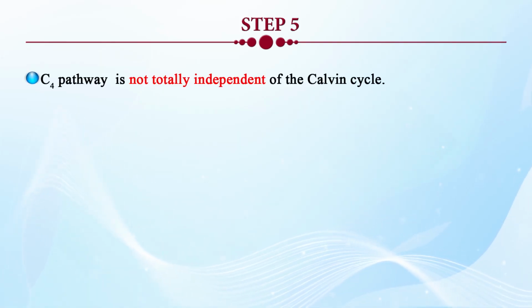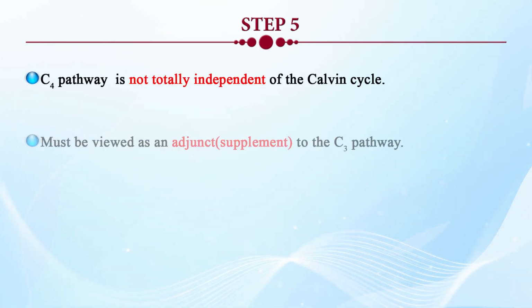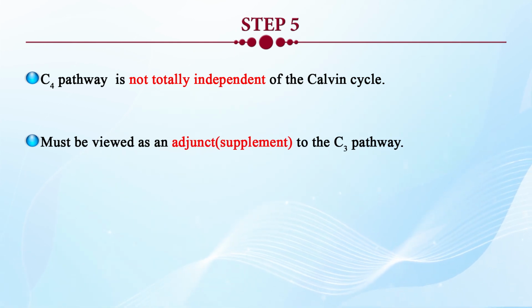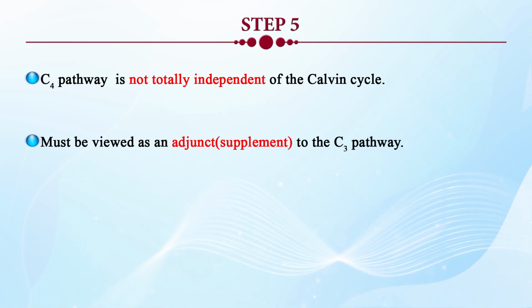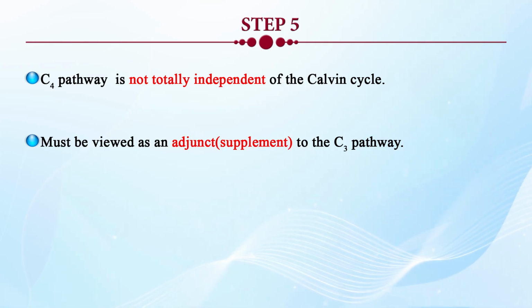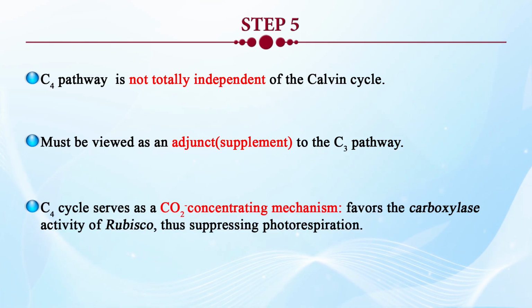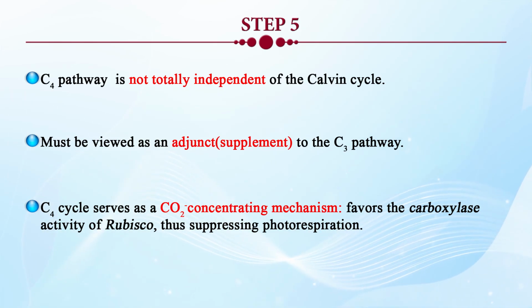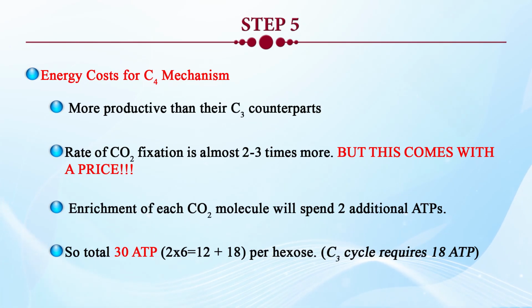At face value, in the first instance, it happens to be an expensive process, but then one should remember the C4 pathway is not totally independent of the Calvin cycle. Actually, it is a supplement, or considered to be an adjunct of the C3 cycle. This is actually a CO2 concentrating mechanism, and ultimately the PCR cycle has to run, that is, the C3 cycle has to run. So, as I said before, even though it is a costly process in terms of energy input,